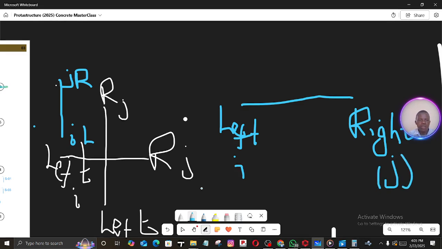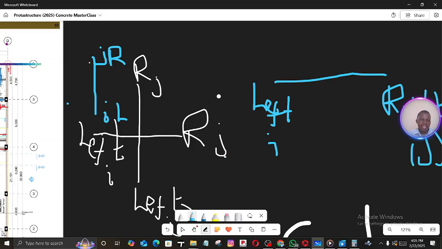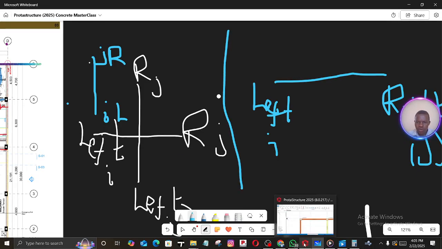Just notice. Once we go to define, such things are finer details that you will not get many people highlighting in their tutorials. So that's why I encourage that if you want to really understand and learn design, I have a masterclass for ProtaStructure. They teach for 3 days, and you are bound to gain the finer details like this. And so how are you going to apply this concept that I'm showing you here? To apply it, you simply come to